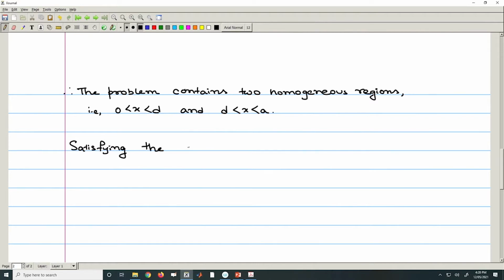So, satisfying the boundary conditions at the conducting walls,